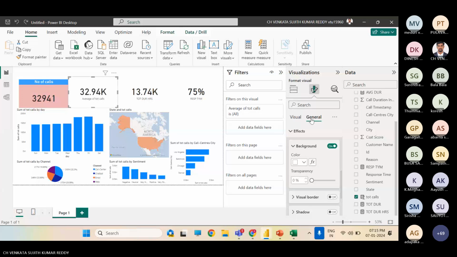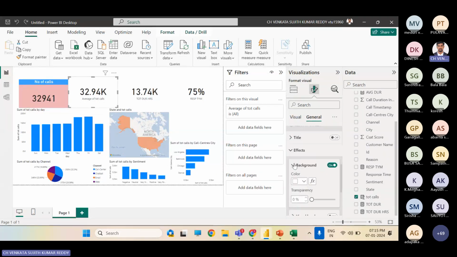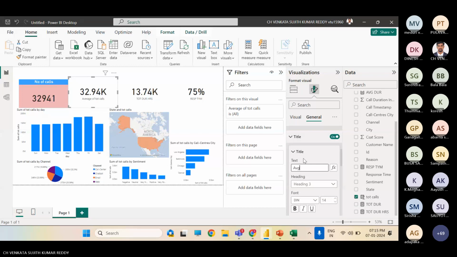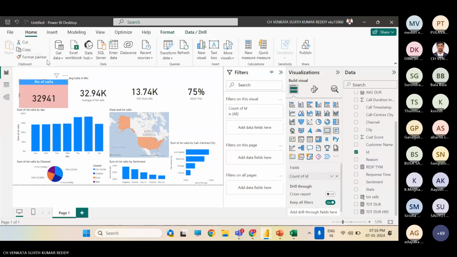Go to general, go to title, turn it on, page calls in minutes. That's it. It's enough. More than enough. Just click on the one card. Same here.